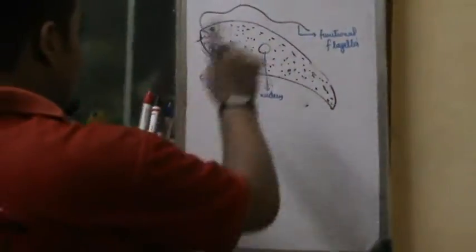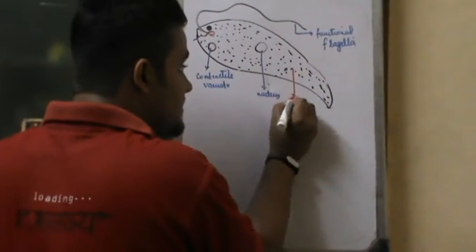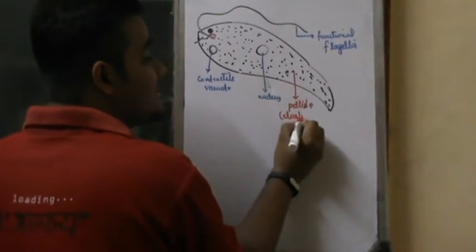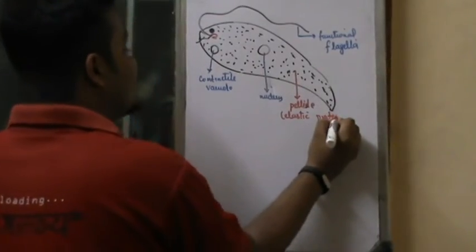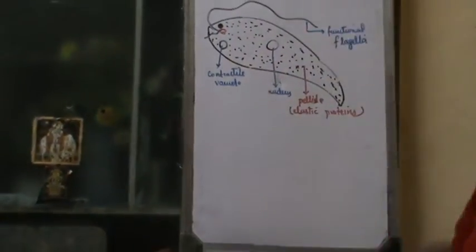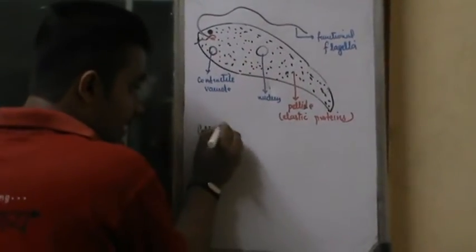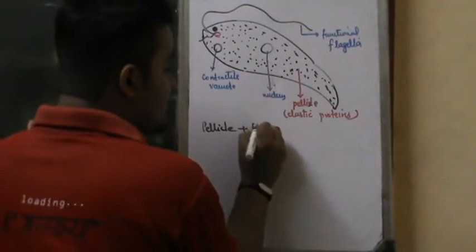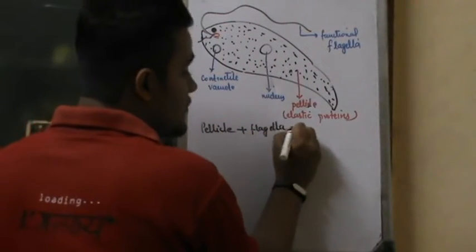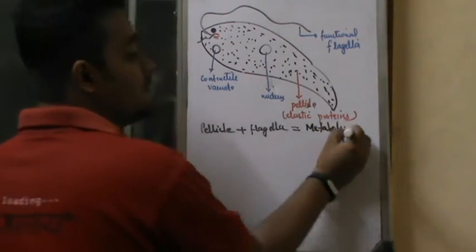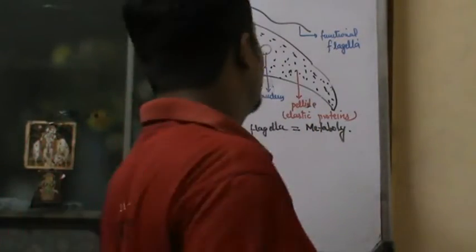उसके बाद ये जो मैंने dots बनाया ना, these structures are called pellicle. These are elastic proteins. NCERT exemplar. Pellicle is present along with one of the major flagella, and this is going to be very important. हमेशा याद रखना, the pellicle and your single flagellum are responsible for the metabolic movement. That is the specialized movement shown by the euglenoids. It's going to be very important.